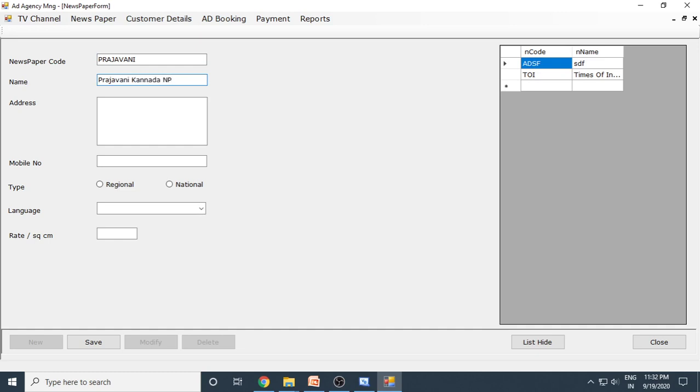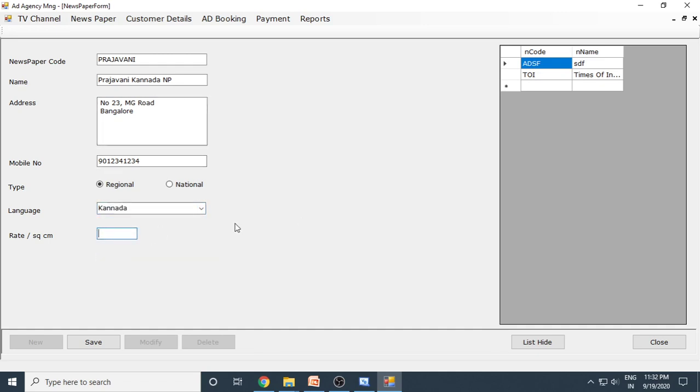Kannada newspaper. Okay. So then their address. Right. So then mobile number.